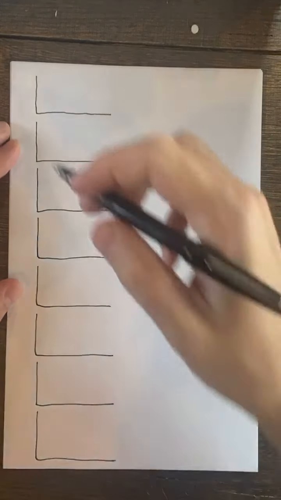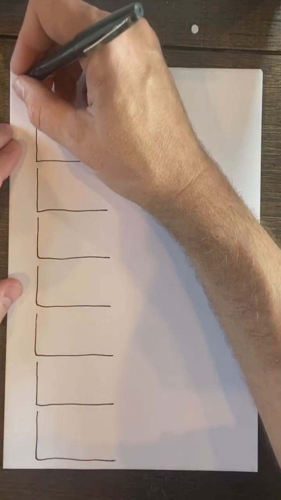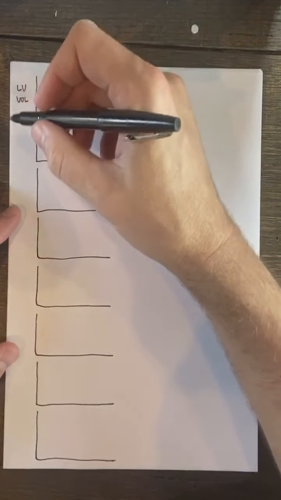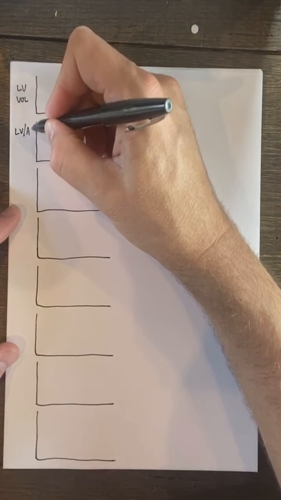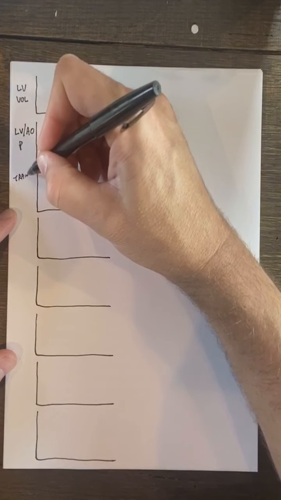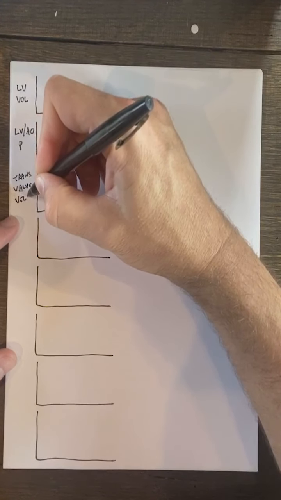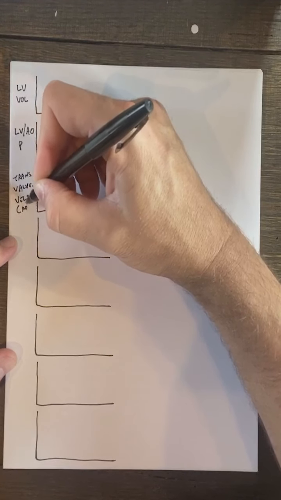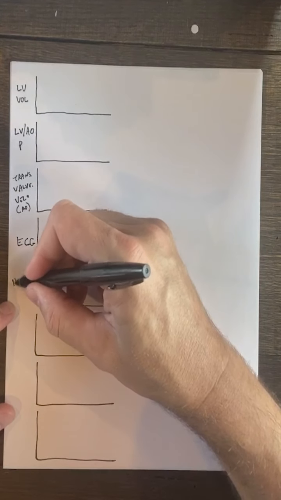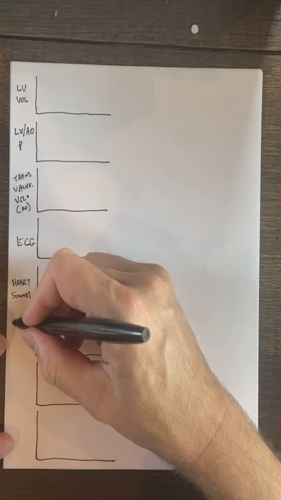When we think of the variables that are depicted in the Wiggers diagram, we have left ventricular volume, left ventricular and/or aortic pressure, transvalvular velocity, so that'd be for the aortic valve, ECG, heart sounds, ventricular thickness,